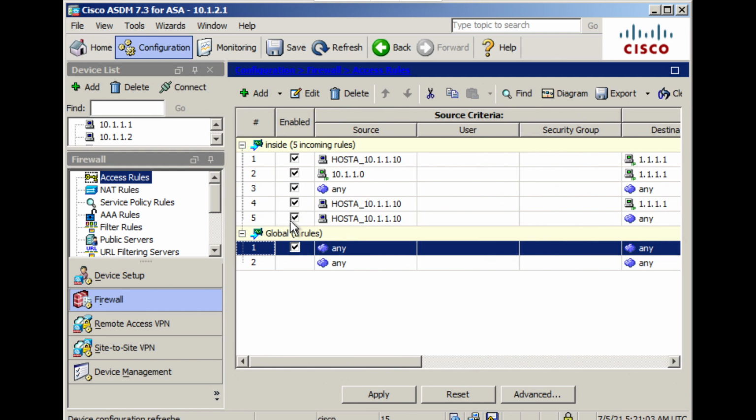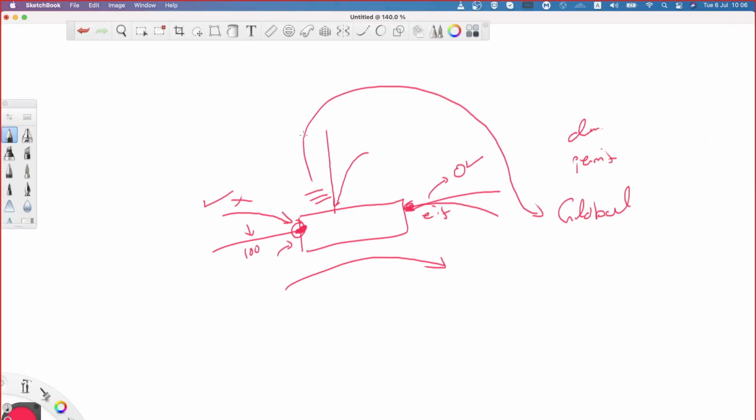Now that's the significance of outside and DMZ. Have you seen that? Earlier we had two sections. What is that? On the DMZ interface, there was an implicit rule. In the rule section, one is called outside. So earlier I had implicit rules, even though I hadn't configured any rules associated to that interface. See, in the DMZ section, I had one rule. You remember? Source is any, destination is any less secure interface, traffic was permitted. This rule was there. You remember?